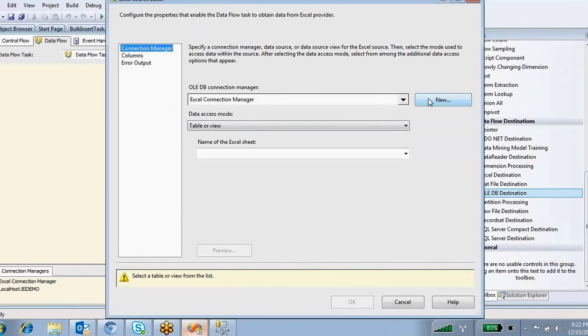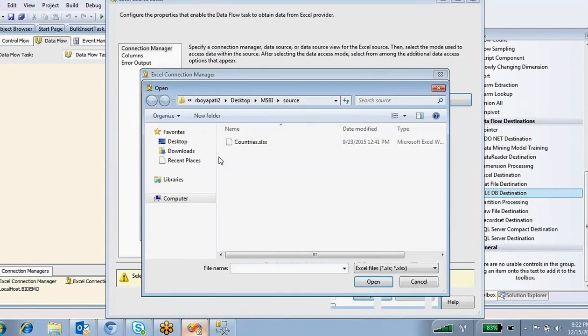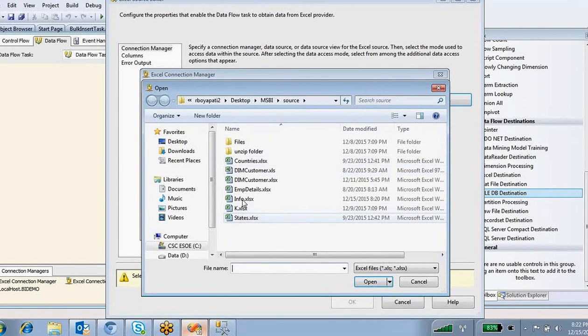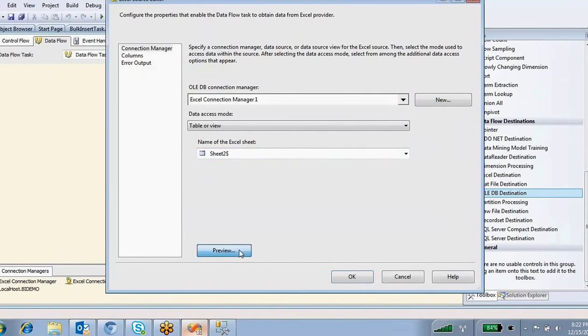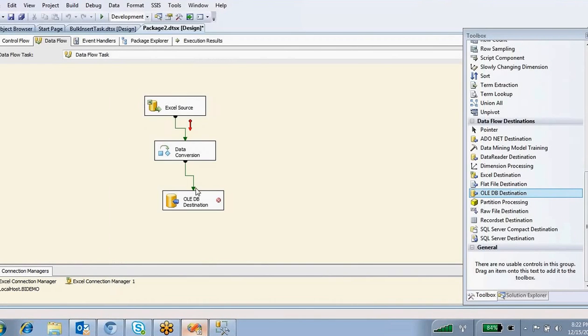Source connection, I'm going to connect the info file, right? Click OK, and the sheet name is Sheet2. Preview, the data is coming like this.